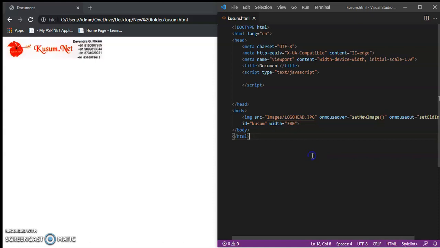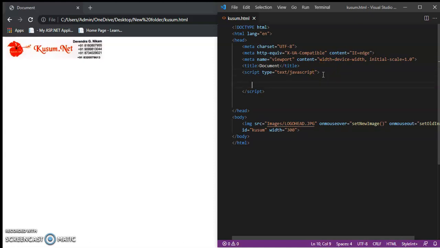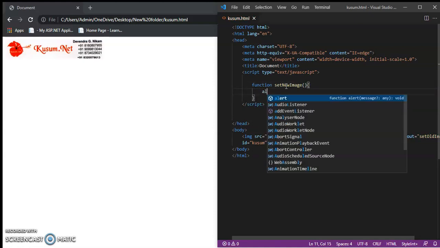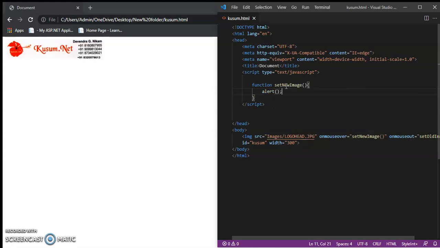Now we have to create the functions setNewImage and setOldImage for on mouse over and on mouse out. So let's go to the script inside of the head tag and write the functions. Function setNewImage, and inside of this I will put an alert so that I can know whether this function is working or not.